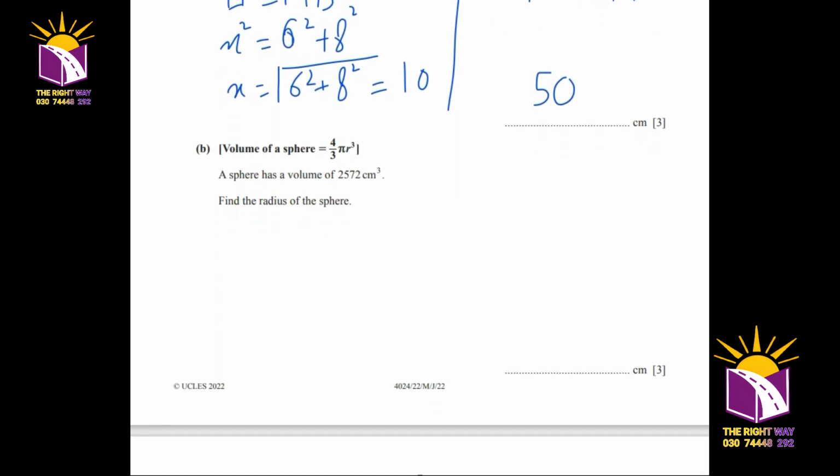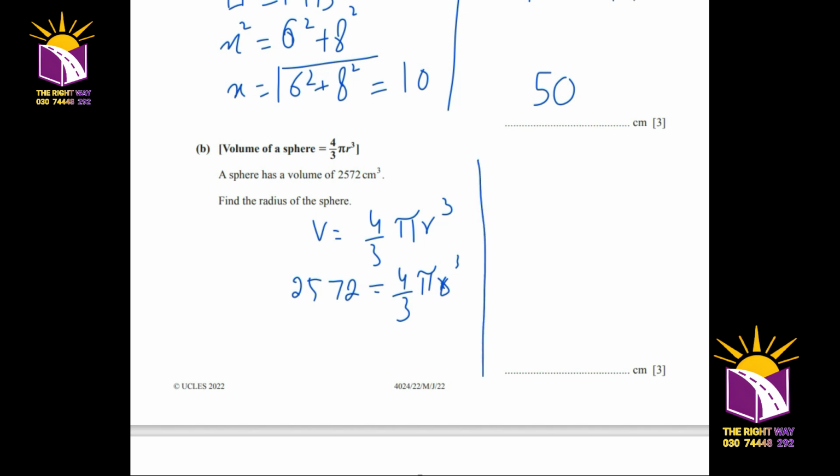Volume of a sphere is equal to 4 by 3 pi r cube. A sphere has a volume of 2572 centimeter cube. Now you have to find the radius. Very simple. The formula is given, V is equal to 4 by 3 pi r cube. Volume is given, which is 2572, is equal to 4 by 3 pi r cube. Now